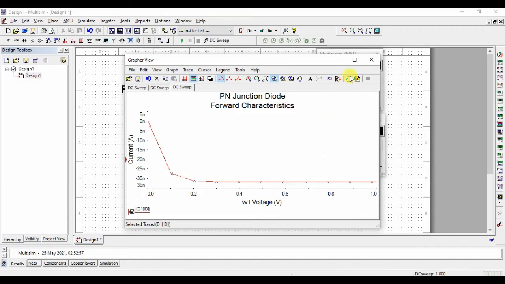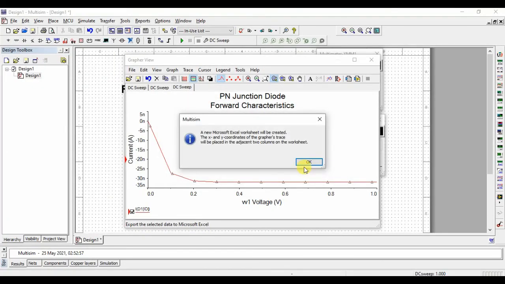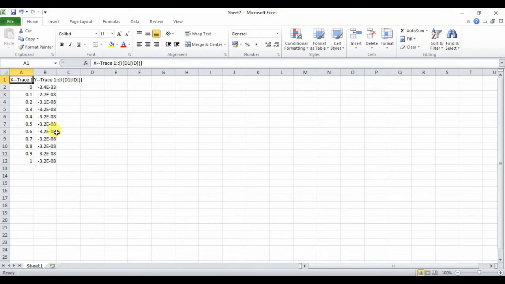This one also you can do in Excel by clicking this one. You can export to Excel. Right, we are going to get another sheet here. For this one also you can name it as VR in volts, and next this one as IR. In reverse bias condition we are going to get the current in microamps, right? Microamps.